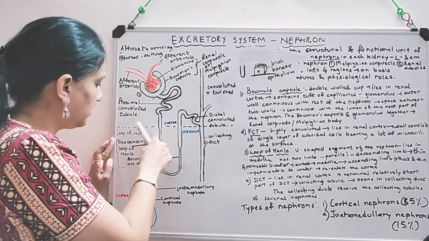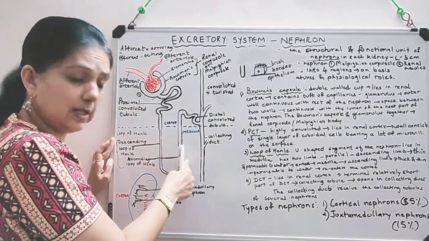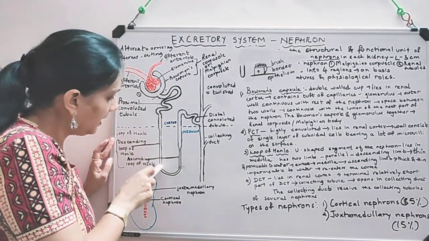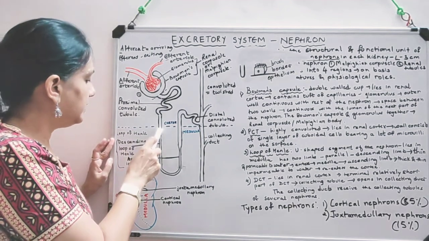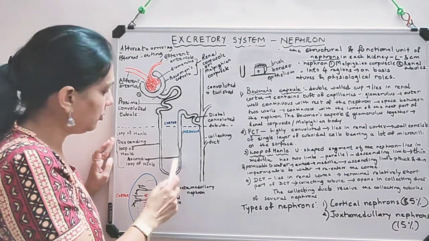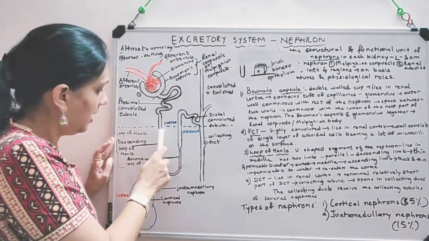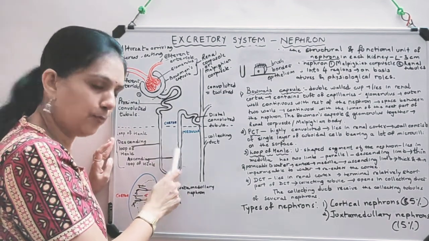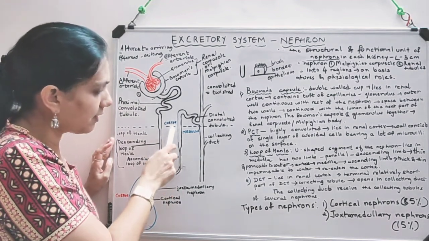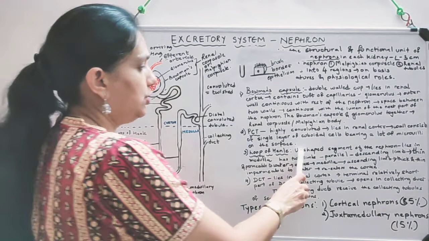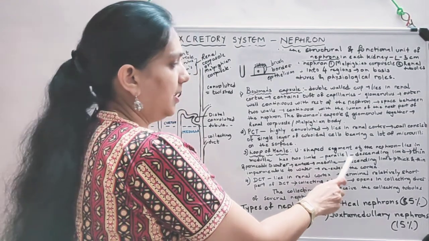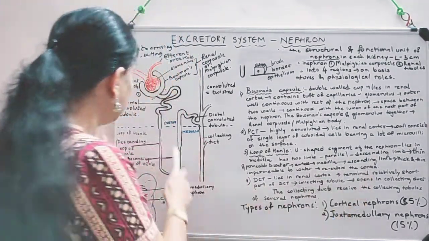Now there are two limbs. This is one limb and this is another limb. They are parallel to each other. Now this limb of loop of Henle is going down. So it is descending loop of Henle, and this portion it is going upwards again. So it is ascending loop of Henle. Now these two parallel limbs of loop of Henle, this is running deep into, it runs in the medulla. You can see over here, U-shaped segment of the nephron lies in the medulla, has two limbs, they are parallel to each other. Then here there is the descending limb.